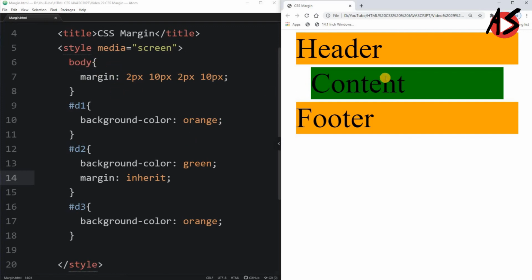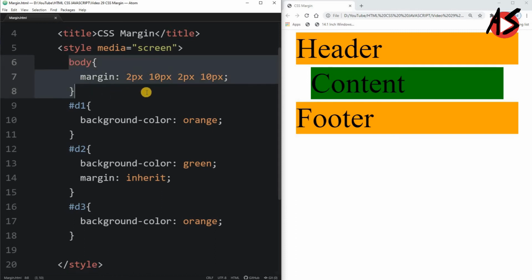So here also you can see 2 pixels at the top, 10 pixels at the right and left and 2 pixels at the bottom. So it inherits the margins from the containing element, that is body in our case. So when I am writing margin equal to inherit, it will take these margins around the second division.